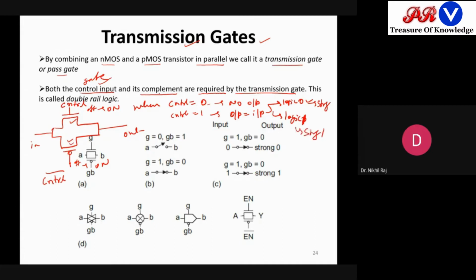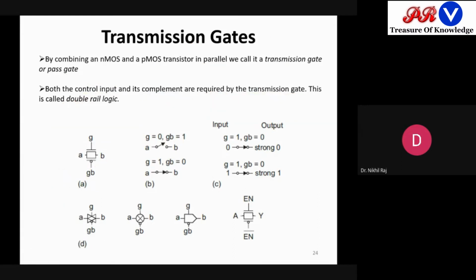This means if a pass transistor is getting a problem, then I can go for the transmission gate approach, and in the transmission gate approach I can get strong logic in either the 0 or 1 case. But yet the question comes: when the transmission gate is there, then why are we studying CMOS? Can anybody comment here? When the option is there of using a transmission gate, then why would we go for CMOS?